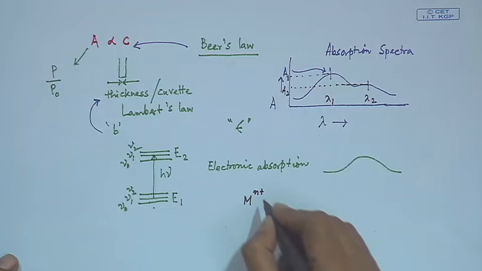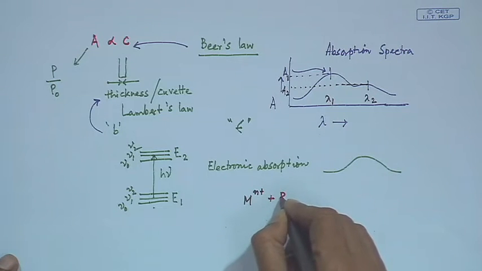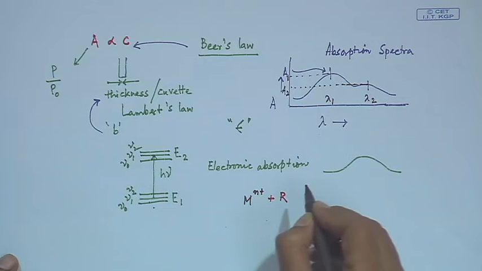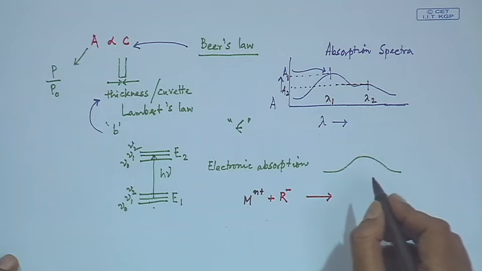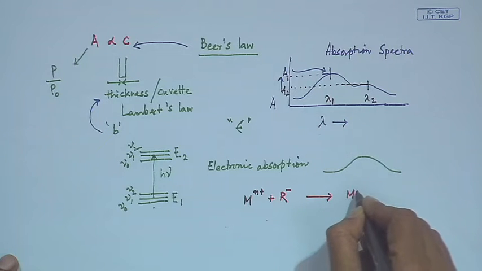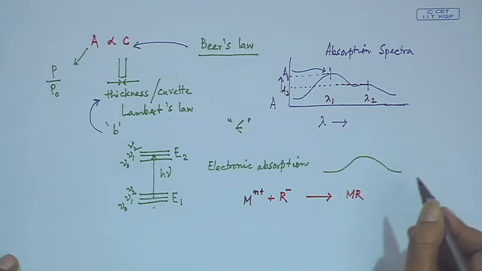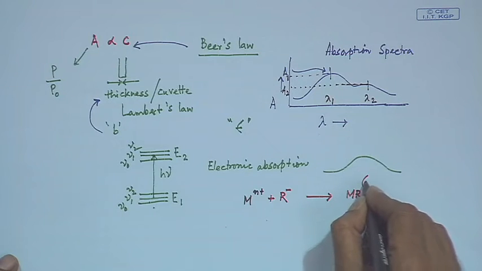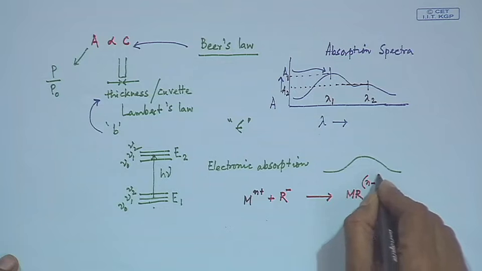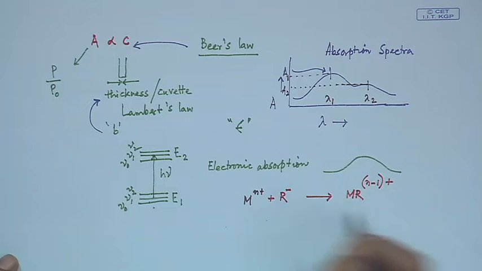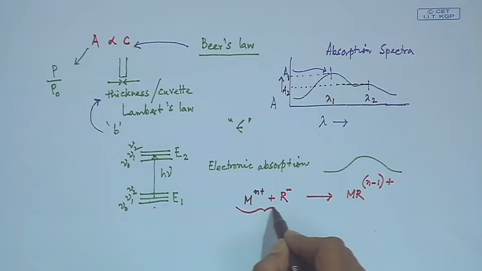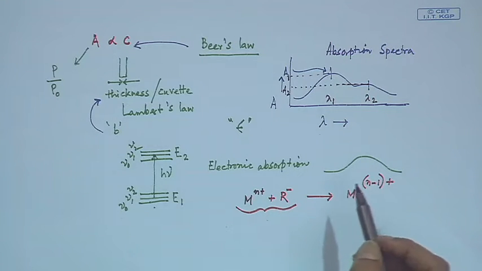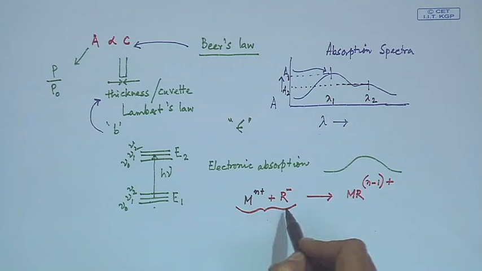and this M n+ is reacting with, say, a reagent. The reagent can be neutral or the reagent can be anionic. So, what is forming over there? It will be combining with your reagent. The metal ion is combining with the reagent with an overall charge of (n-1)+, because there is one negative charge on that particular reagent, such that this interaction is pretty strong between the positively charged cation, the metal ion cation, and the negatively charged anion, the reagent, or sometimes we call it a